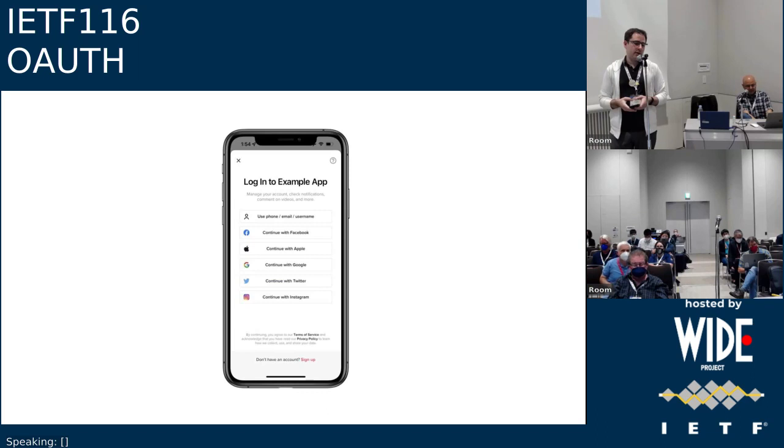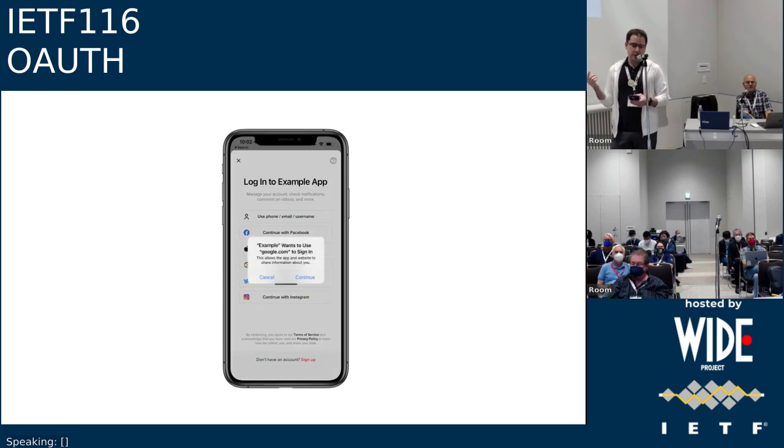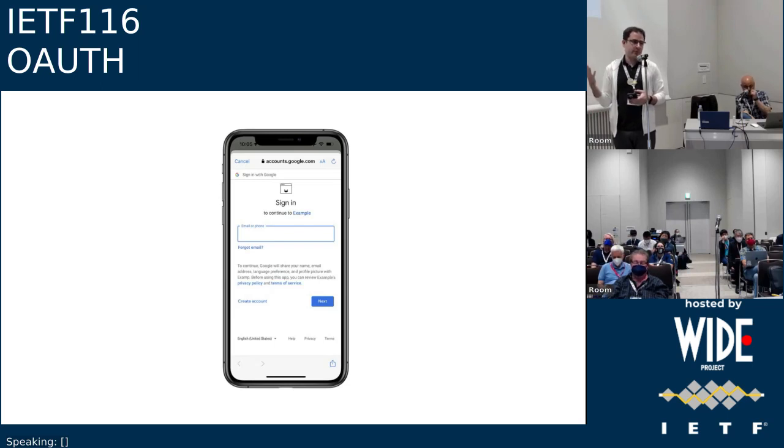So this is a typical user experience that you would see in a mobile app. If anybody can actually tell me the app name, I'll give you a sticker later, but I photoshopped the name out. But this is the typical screen you see of, log into this application. Here's a whole handful of OAuth buttons, also the username, email fallback, whatever. If the application follows the OAuth best practices and uses the system APIs available in mobile, you end up clicking one of these buttons, which will then open up, well, first you get this prompt, because this is a new thing in iOS, which says you're about to do an authentication flow with this domain that you just clicked on, and you can abort there or not. And then you get the little pop-up in-app browser,